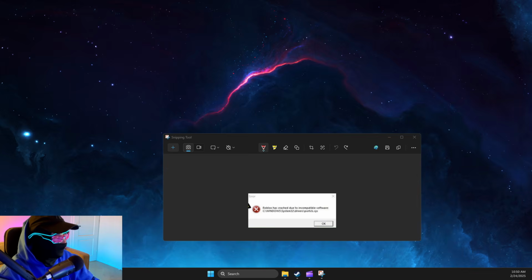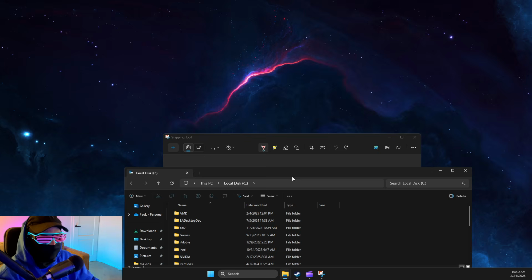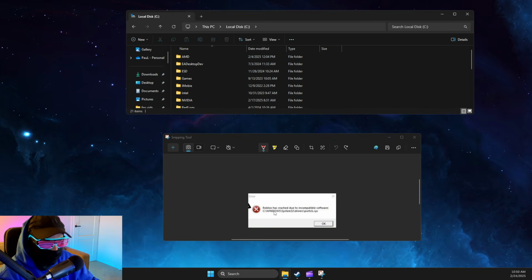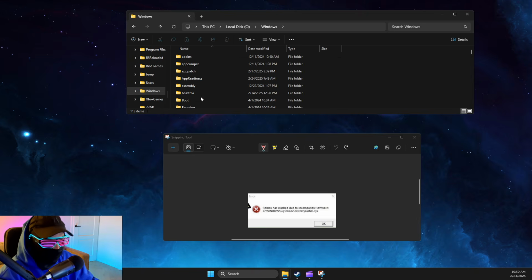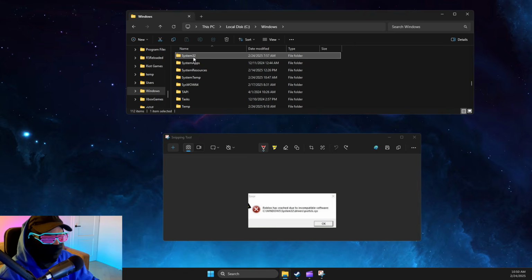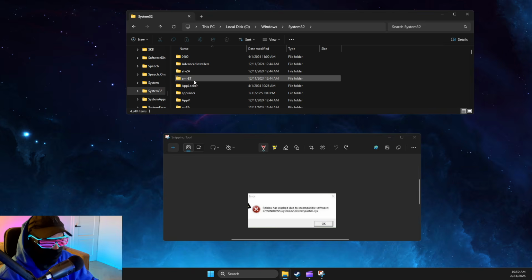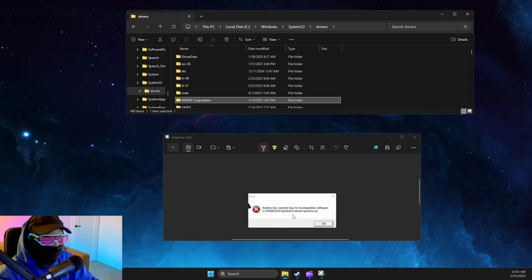So in my case, as you can see here, if I open up this, it's disk C, and then as you can see here, it's Windows, then System32, and then as you can see here, it's drivers, right? Drivers. Then once you're in that particular path that's shown on your error, you just need to look for that